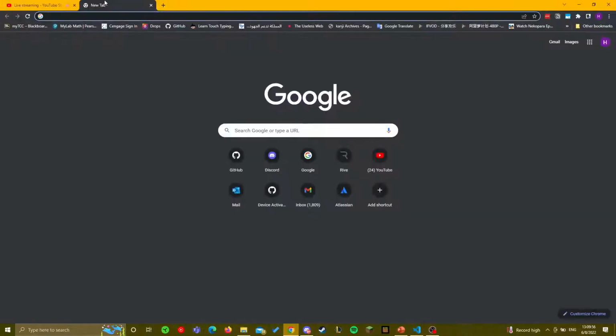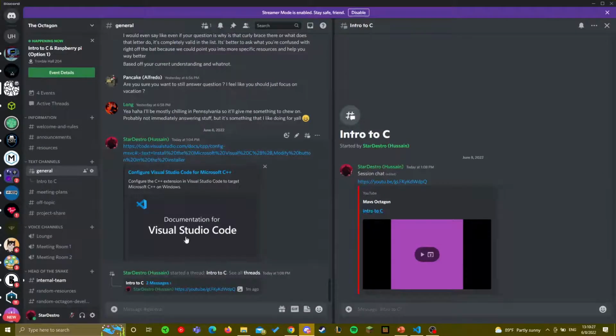I guess let's start with, has everyone been able to install the compiler I linked to? Compiler setup. Oh, that's an extension that gives you IntelliSense. So that's just to mess with the editor. That's not a compiler itself. I posted a link, and if you have a Linux VM, you can use that if you want, or you can install what I linked to in the Discord. This link.